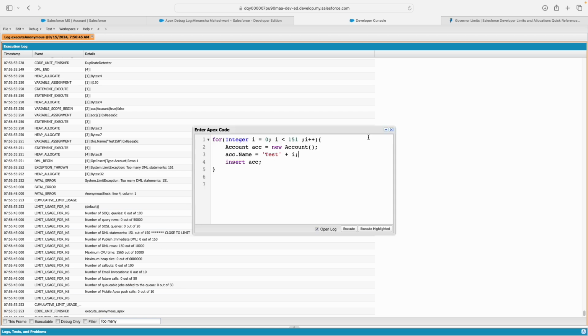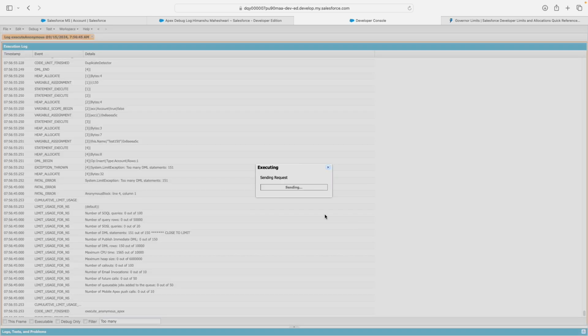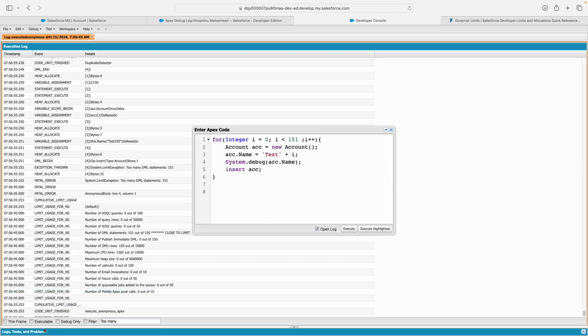Similarly, if you want to take a look at debug logs, so system.debug, remember we have been using system.debug across our project. So if I just say account.name and try to execute this, it will print a debug statement every time it goes inside the loop so that I know what the account name is. So it has failed, which is fine. If I take a look at the log,